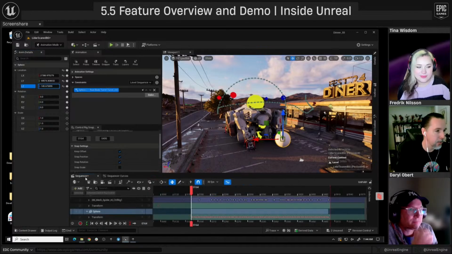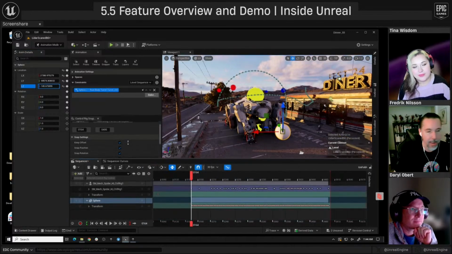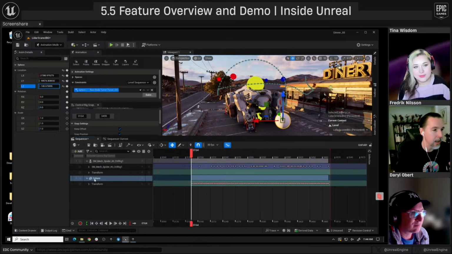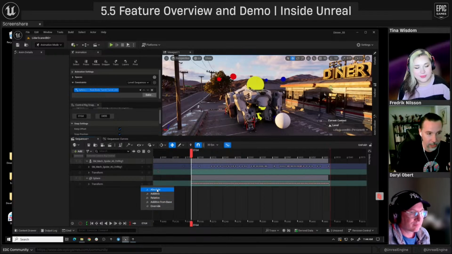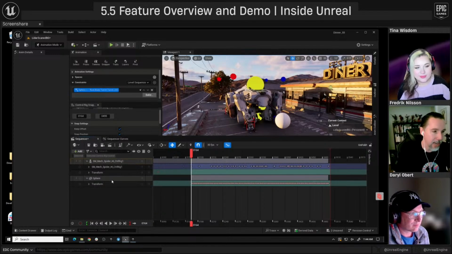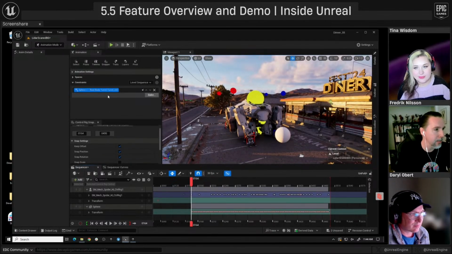If you remember, for any of you who've animated in the engine already, we had this thing called sections. If I click on this transform track and click this plus sign, there's sections here, right? Additive sections, absolute sections. Overrides are new in 5.5, and we added them because of these workflows with the animation layers. So instead of creating a section in the sequencer, I'm going to use our layer system.